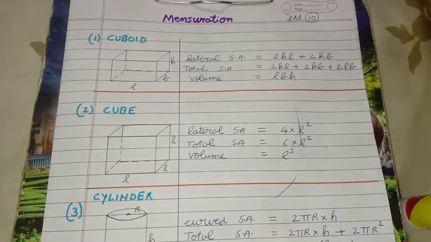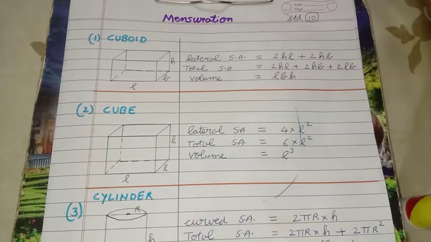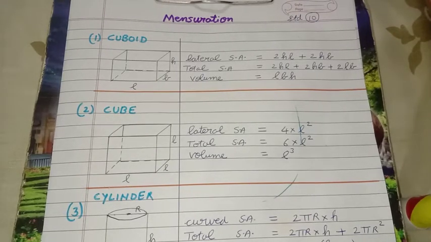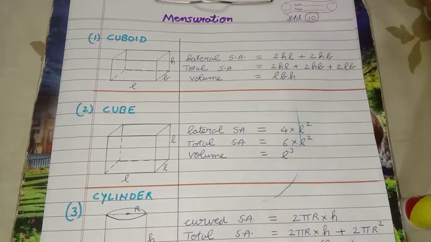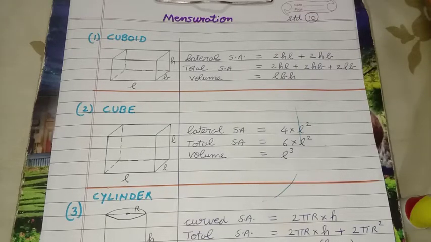Last video we started with the topic mensuration. We just moved on with some formulas and the basic concepts of how to generate the formula for area and volume. This is in continuation with the same. We'll revise the formula and then we'll follow with the numericals. This is for standard 10.